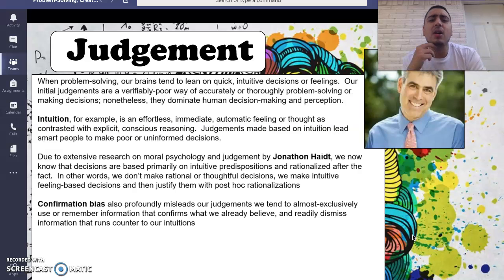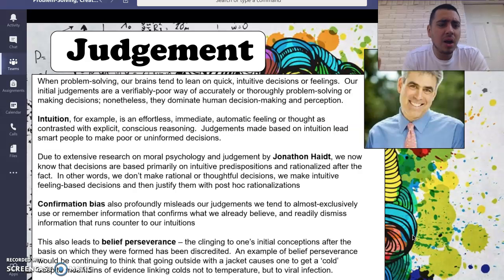Now, confirmation bias also profoundly misleads our judgments. We tend to almost exclusively, guys, use or remember information that confirms what we already believe and readily dismiss information that runs counter to our intuitions. So confirmation bias goes a long way. You can see it in research, you can see it in relationships. Confirmation bias can be something that is just so negative, and it's the downfall of success. Now, this also leads to belief perseverance, the clinging to one's initial conceptions after the basis on